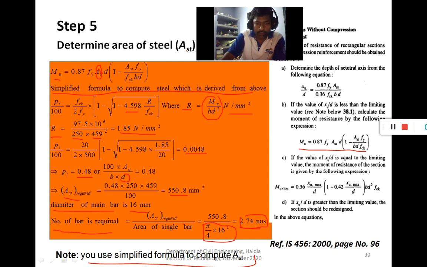So in the exam, you can use the simplified formula to save time in computing the area of steel. Otherwise, if I use the IS code formula, which is a quadratic equation that you have to solve, it takes more time.